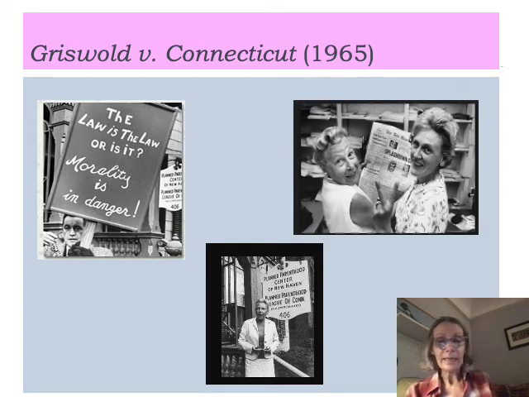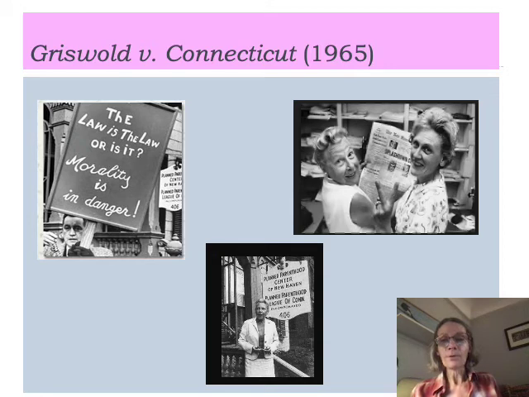So in 1879, Connecticut, like many other states, adopted state versions of the Comstock Act. And in 1878 in Connecticut, they passed a law that banned the use of any drug, medical device, or other instrument in furthering contraception. Okay, so basically you couldn't disseminate it, you couldn't give advice about how to use it, and even if you were using it in your marital bedroom, that was against the law.